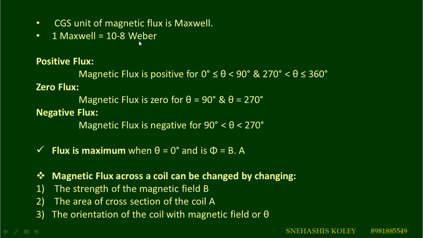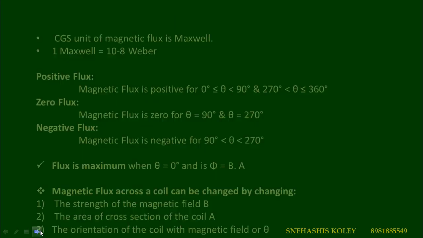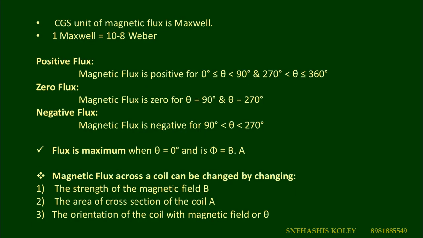As we know, when theta is between 0 and 90 degrees, the magnetic flux will be positive, as the value of cos theta is positive. And when theta is 90 or 270, that means when the magnetic field is along the paper, it makes a 90 degree angle with the area vector, because the area vector is perpendicular to the page. So magnetic flux at that moment is 0. When the angle is greater than 90 and less than 270, the magnetic flux will be negative.